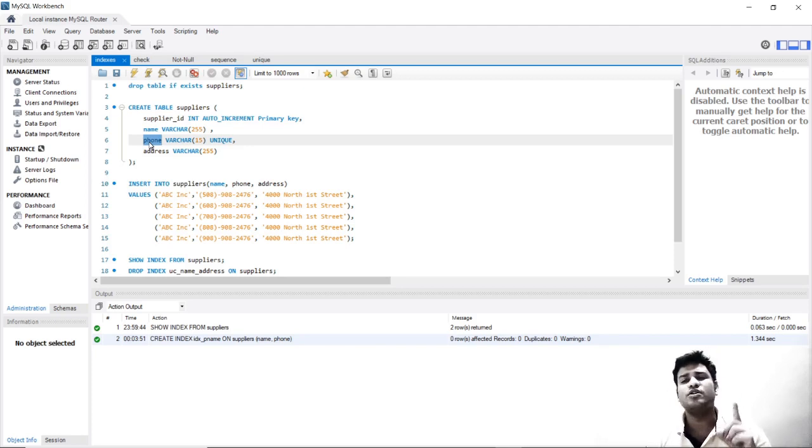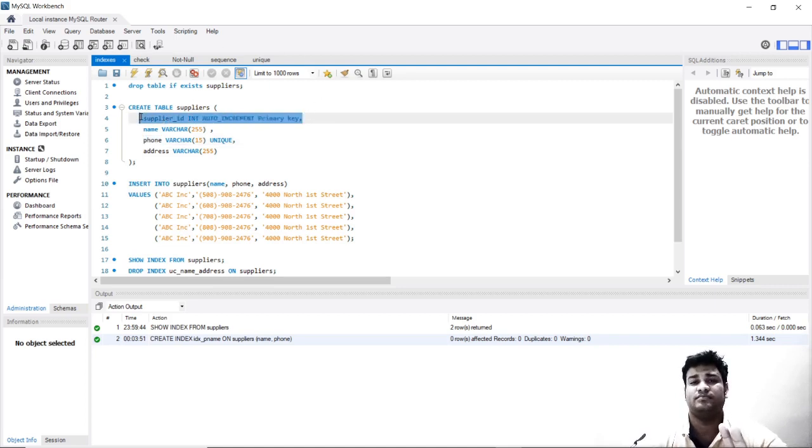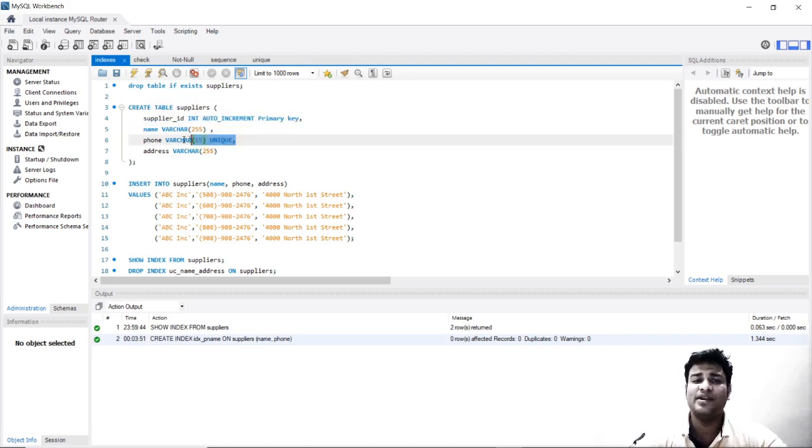So the first thing you have to learn today is clustered index can only be one for a table. You have to mug it up, and why, I will tell you. And non-clustered index can be any number. Second, clustered index is always formed with the primary key. Whenever you create a primary key, a clustered index is formed automatically. Whenever you create a unique constraint, a non-clustered index is created on that column.